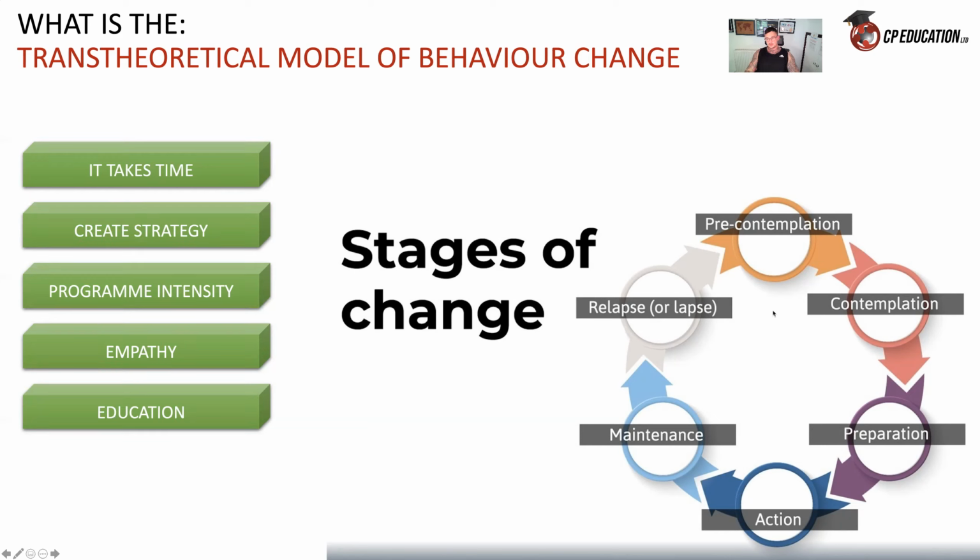So if you have someone who is at pre-contemplation and contemplation phase, and you throw them straight into a maintenance type approach to nutrition and training, or an action approach, then they're going to jump probably straight into relapse because they've not gone through this process. So when it comes to nutrition, it's about creating really small micro changes, which will then let them step up at their own pace. If you go in too intense from a training or nutrition perspective, you will create relapse